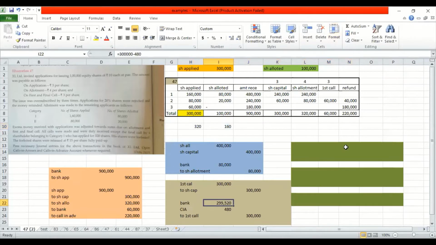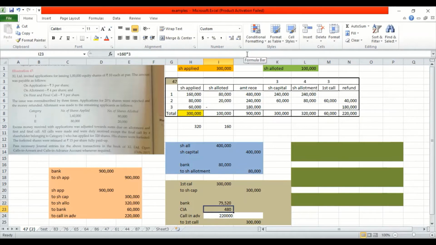Now there is one thing which we missed out, and that is the call in advance. Somebody had paid you, right? You credited it over here because it was a liability. Same thing has to be debited as well. So your call in advance has to be debited and that liability has to be cancelled. Okay, this is something which most students forget, this part and this 320. So we have to be very careful with this and then only do the sum. Now we get the right answer. So this is how you complete the initial two entries.